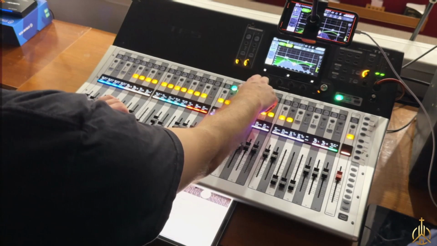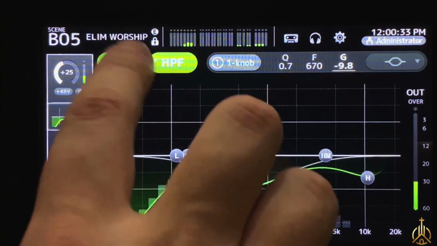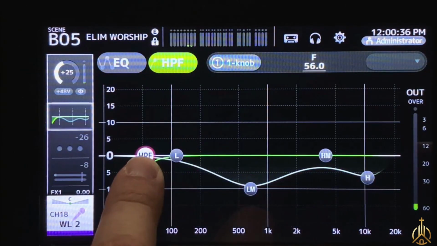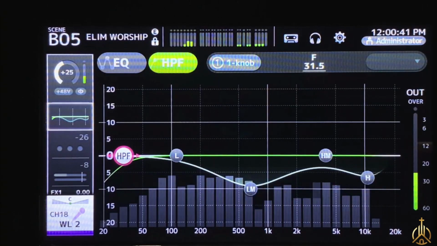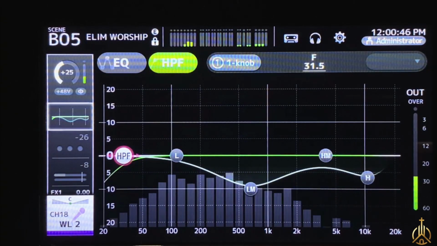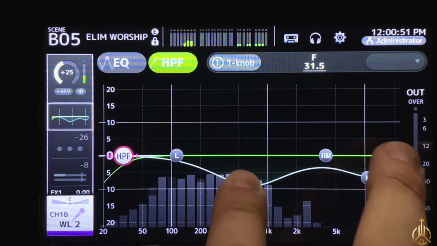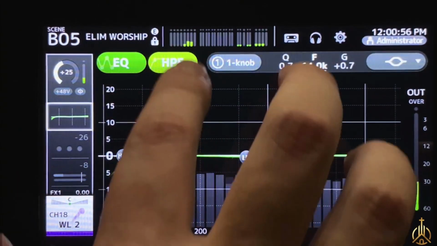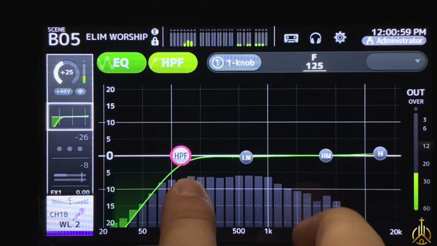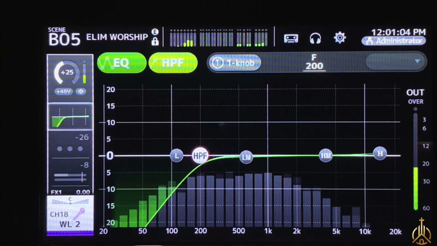So from here, what I'm looking at is the EQ. Essentially, you can have a flat EQ, right? This is essentially a flat EQ. And in the room, it's not going to sound good because there are frequencies that my voice should not have in the microphone, and the room might just be resonating certain frequencies that don't sound good. So I'm going to start from a flat EQ. First thing I always include is a high-pass filter. I'll drag it over to about 120, maybe a little more, close to 200,